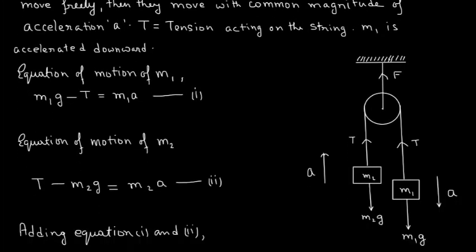So here we can see the proposed description in the figure. Equation of motion of m1 is m1 g minus T is equal to m1 a, which is equation 1. Equation of motion of m2 is T minus m2 g is equal to m2 a. Adding equation 1 and 2, we get